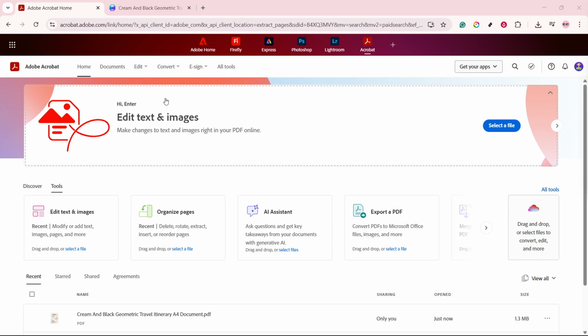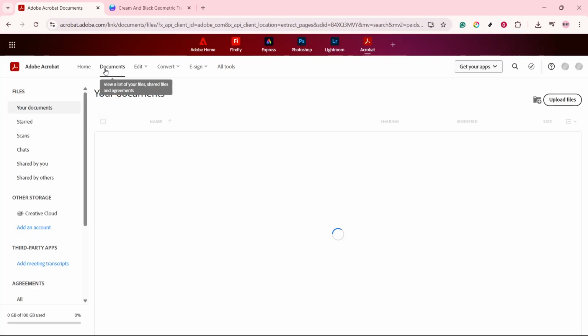First things first, when you open Adobe Acrobat, you'll find yourself on the home page. This is your central hub for accessing various features and documents. The first thing you'll want to do here is click on Documents. It's necessary because this is where you'll keep track of all your files. It streamlines the process, making it easy to find and manage the documents you're working on or those you've worked